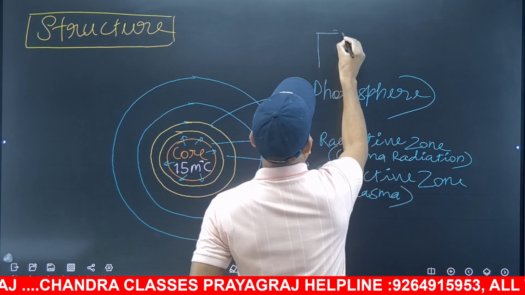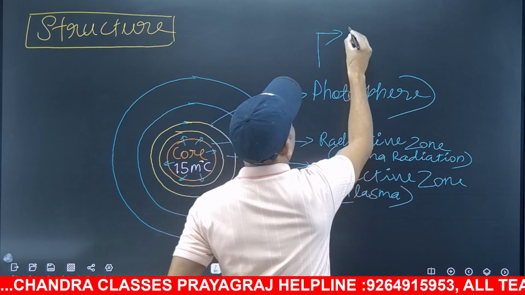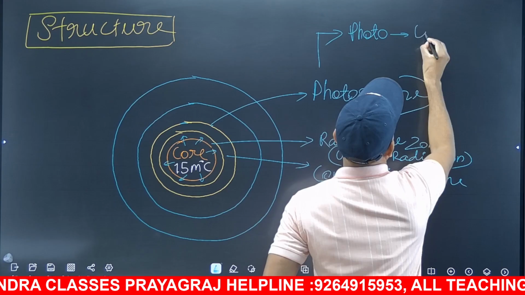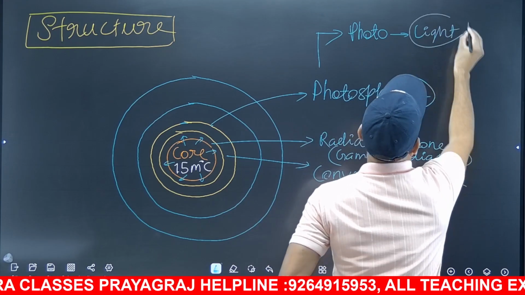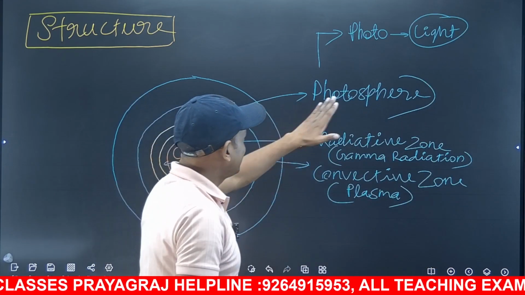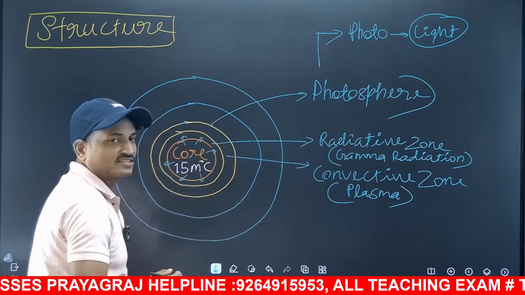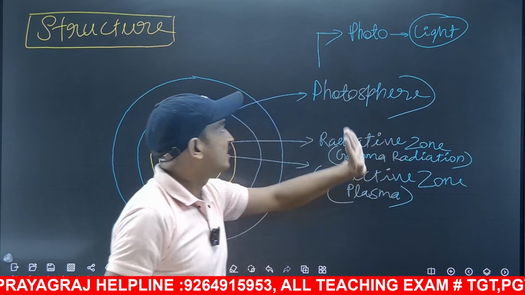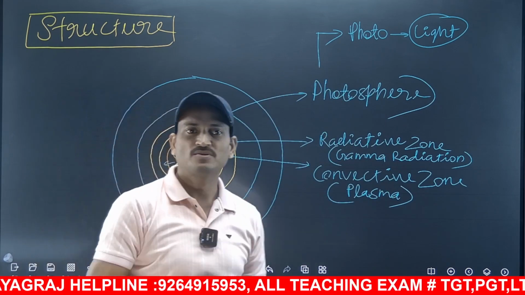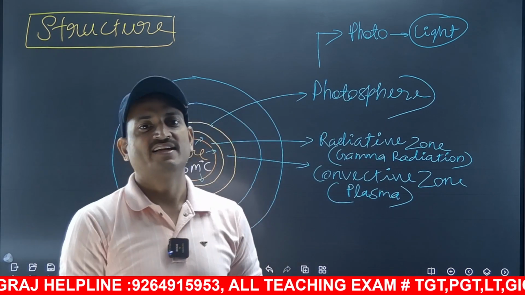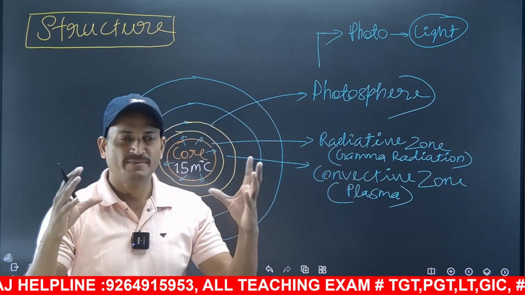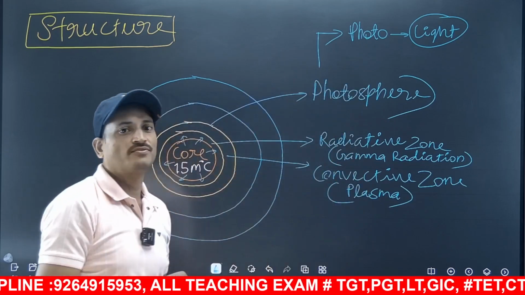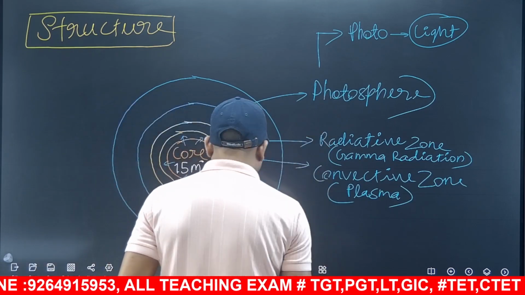Why is it called the photosphere? Because photo means light, meaning visible light. Since this layer is the visible part of the sun that we see, the outermost layer, the astronomers and observers called it the photosphere. इसीलिए उन्होंने उसको photosphere बुला दिया, क्योंकि ये हमें दिखाई पड़ती है, जो सन की outermost layer है. That's why it was named the photosphere. इसीलिए इसको photosphere नाम दिया गया.